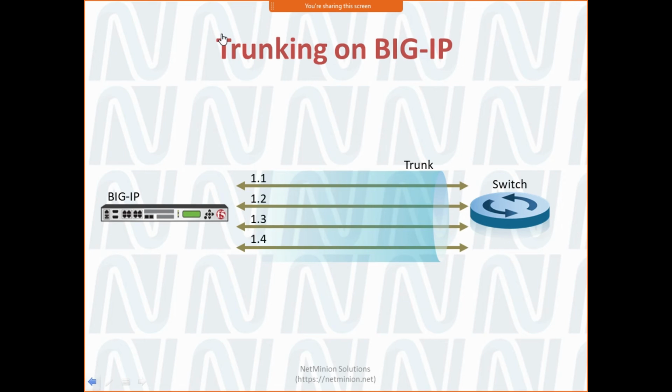Traffic flow can differ across ports, but logically it will have 400 Mbps. So that is the trunk.